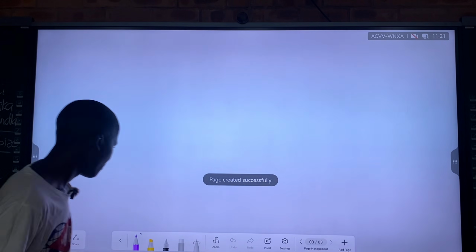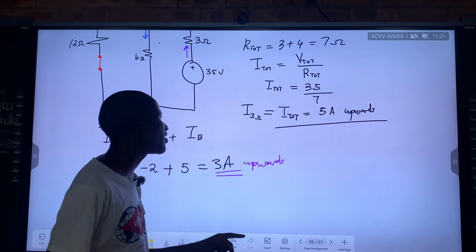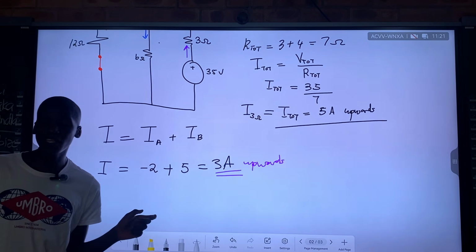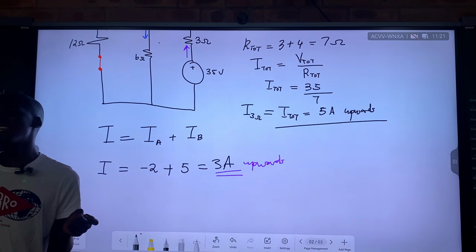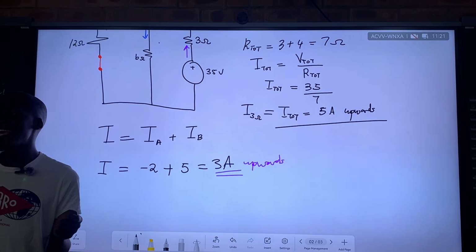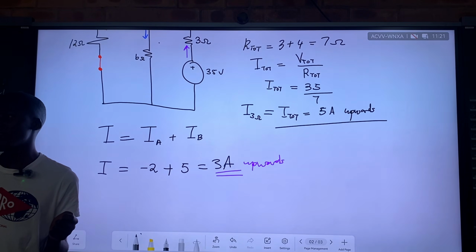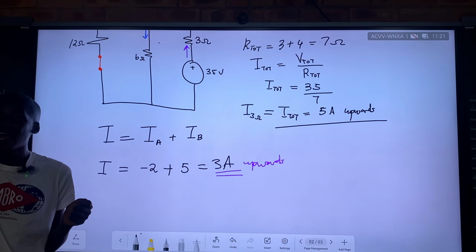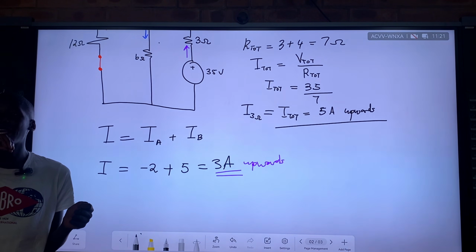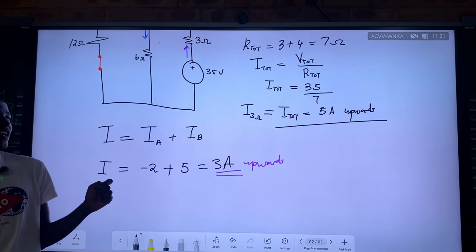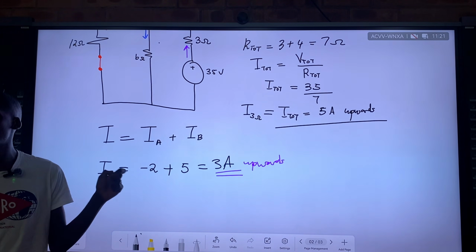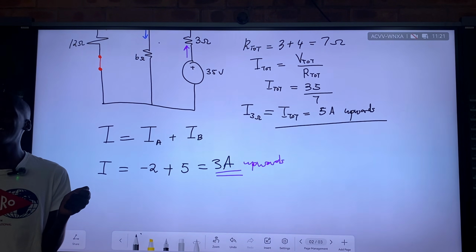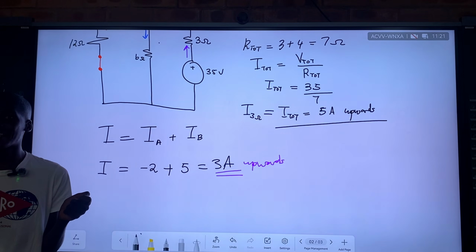Hey, yeah, hardcore questions. All right, before we move, I want to emphasize something about current. At some point, when we were doing a series learner from electronics, we said we can have a current that is negative. And asichazanga ukuthi i-negative current isho ukuthini. Sakhumbula? I think I promised people, besilapha e-LT khona la, e-LT 110. I remember, it was on a Tuesday, just before we wrote the first test. I promised people we are going to explain one day, what does a negative current actually mean in real life? A negative current simply means the actual net current is flowing in the opposite direction.